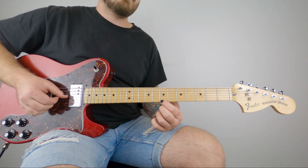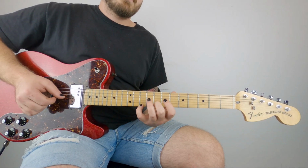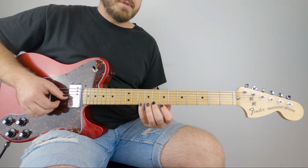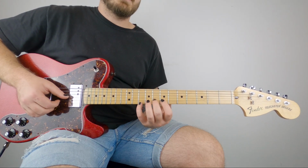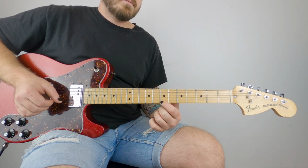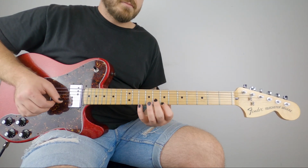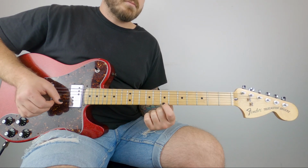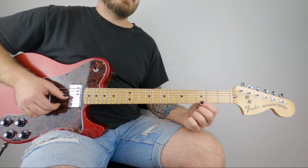So twice to 10, and again, you're still playing. It's essentially playing that twice as well. You're just adding that 8th fret in there. There. So that's the first half. Now let's go to the 3rd fret